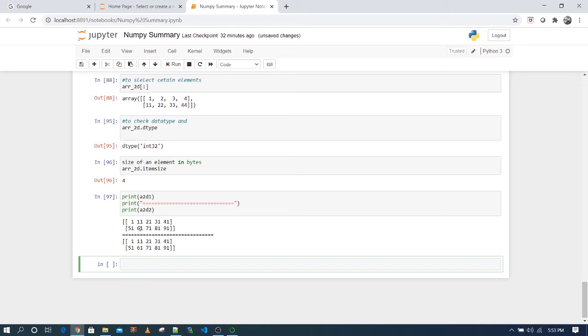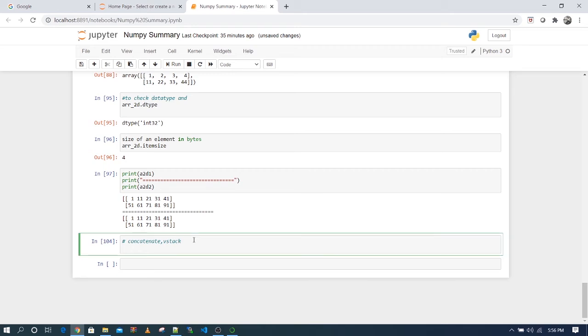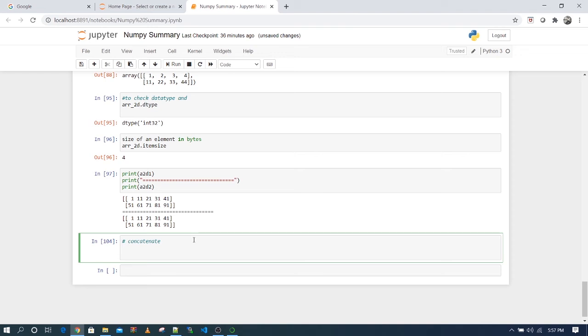So let me show you. First, column-wise concatenate is the function, or we can use vstack. So if you want to join two matrices, you have methods like concatenate and vstack. Depending on whether you want to join row-wise or column-wise, you have different methods. So first let's take the concatenate function and join these two matrices given above.